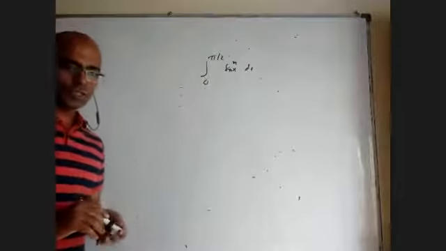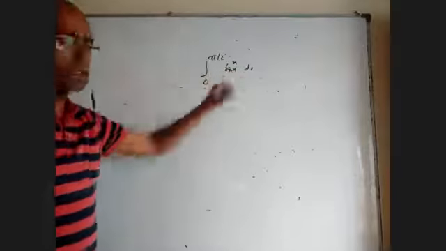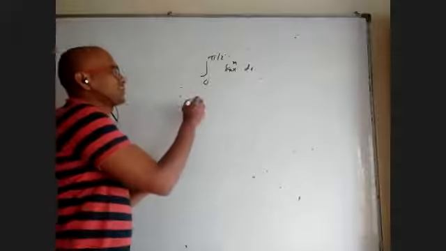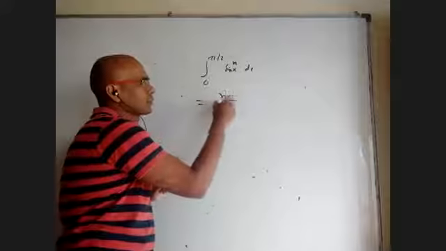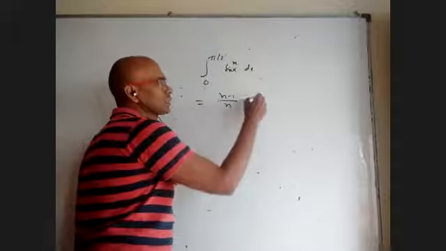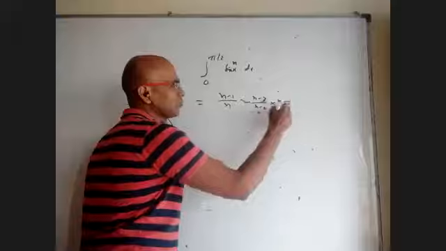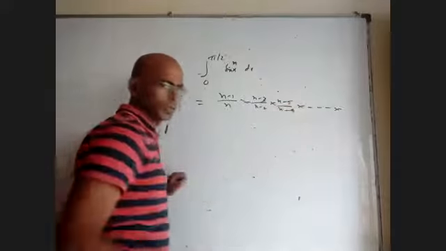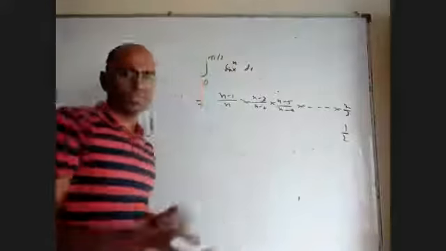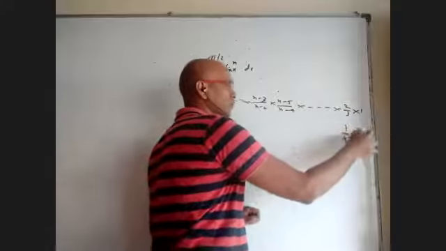Sorry, in the previous class we discussed the reduction formula for the integral from 0 to pi by 2 of sin x power n dx and cos x power n dx. Basically, the formula says for n, you write n minus 1 by n, then n minus 3 by n minus 2, n minus 5 by n minus 4, and so on, decreasing by 2 each time. At the end, you will get either 2 by 3 or 1 by 2, depending on whether n is even or odd. Whenever you get 2 by 3, write into 1 and stop there. Whenever you get 1 by 2, write into pi by 2 and stop there.